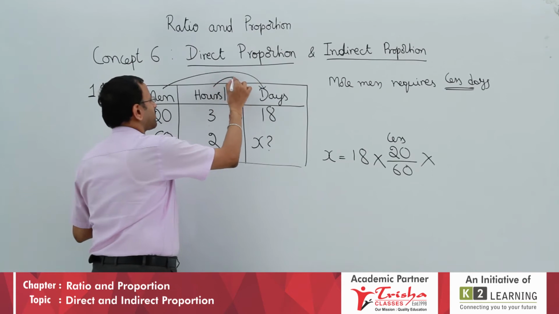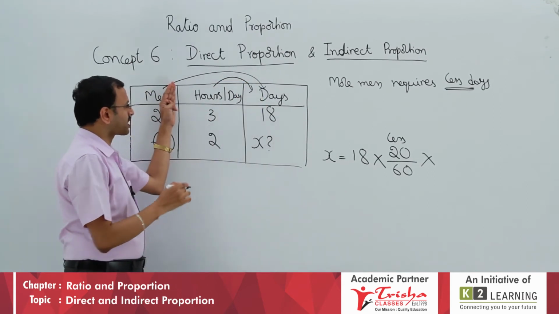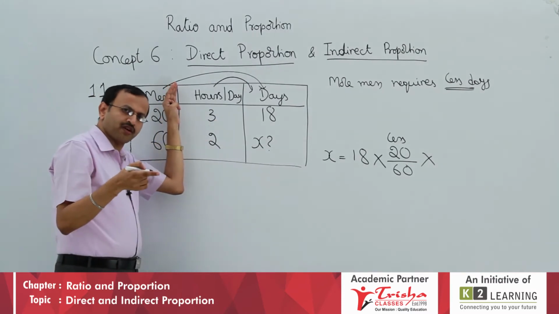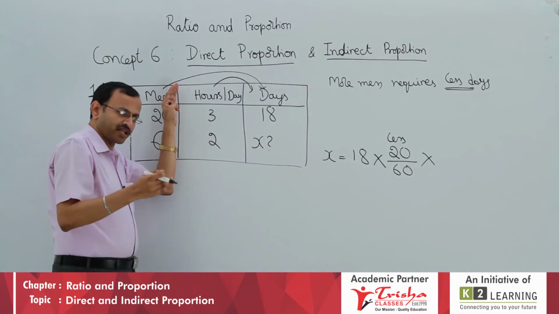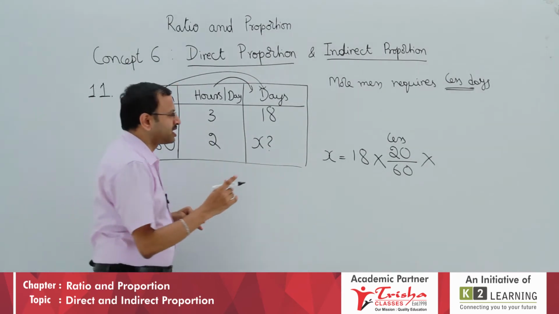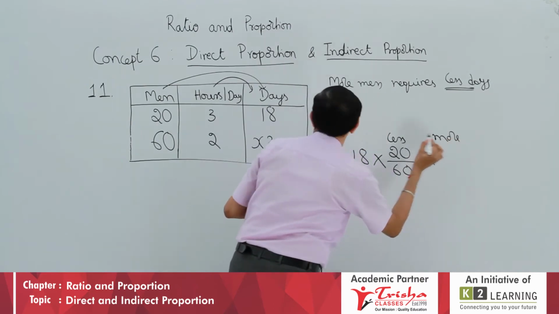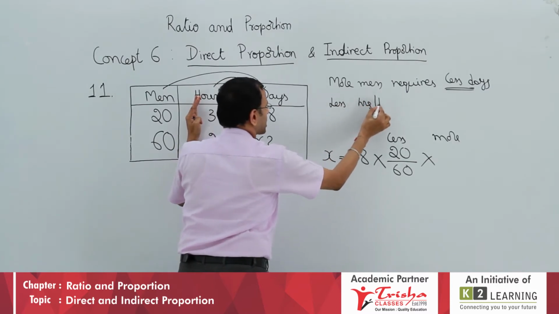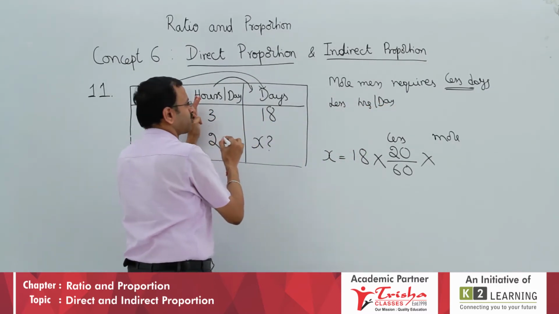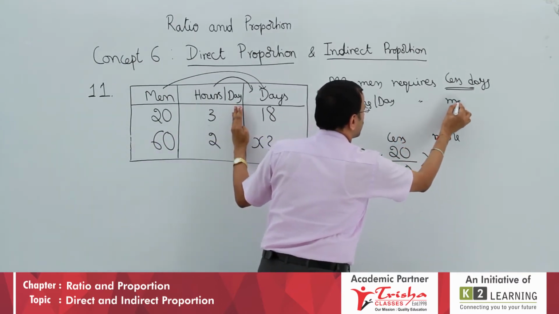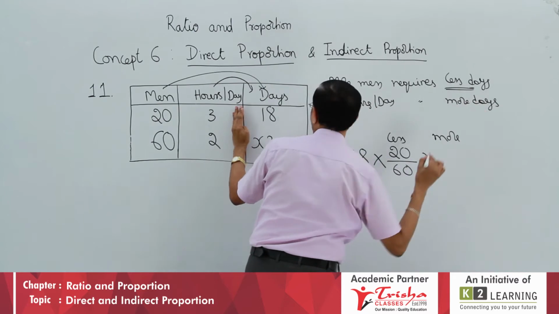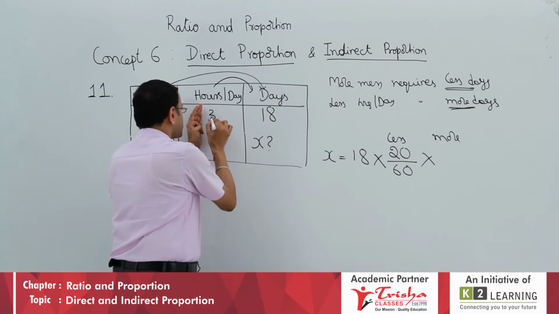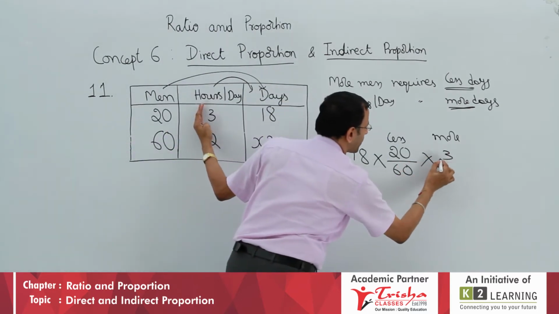Last one, you have to compare this to this. Cover it up, comparison: 3 hours per day, 18 days, only 2 hours per day the worker works. Since the workers work less daily, they take more days to complete. So, which is more in these two you have to work out. So let us write this: less hours per day, instead of 3 it is coming to 2, less hours per day requires more days. Now, which is more in these two? Again I told you, you have to underline more. Which is more? 3 is more, so 3 by 2.